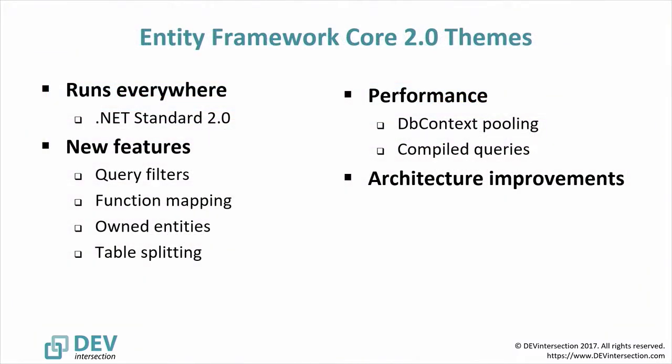So some of the new features that we have in EF Core 2.0. We have this theme that is about being able to run EF Core everywhere. Everywhere there is an implementation of .NET, and the big effort that was happening at Microsoft when we were developing EF Core was .NET Standard 2.0, which is this subset of the .NET API that you can run everywhere. And we decided to just target .NET Standard 2.0 and leverage that so that we can run on .NET Framework